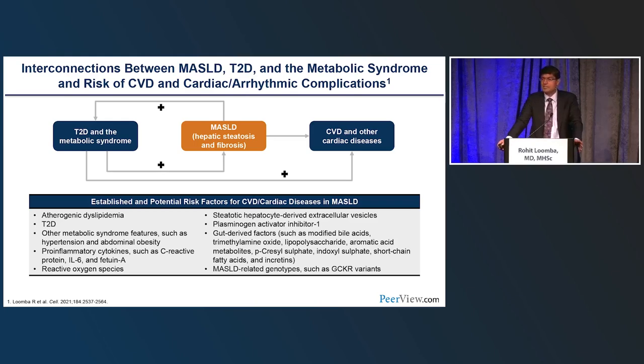There's a clear connection between insulin resistance, type 2 diabetes, metabolic syndrome, obesity, and MASLD. Typically, what we see is that fat deposition in the liver occurs earlier, leading to hepatic insulin resistance, and then development of diabetes in future. But there are a lot of patients who have type 2 diabetes where we see coexistent hepatic steatosis. And together, this can lead to increased risk for cardiovascular disease.